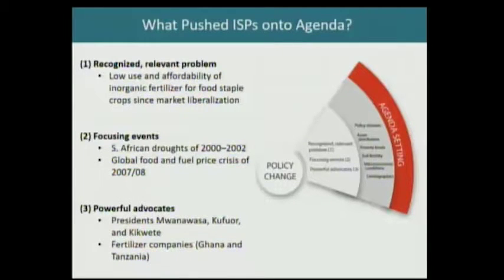Now, you often have these two factors in a lot of countries. What really seemed to be the third element here was powerful advocates. That's the third element of our agenda-setting slice of the Kaleidoscope Model. And here you had the presidents in these three countries, particularly in Zambia and Ghana. The presidents were big advocates, putting these on the agenda seemingly out of nowhere, seeing fertilizer subsidies as an important answer to the various crises that they were facing. And then in Ghana and Tanzania, you also saw a big constituency of fertilizer companies seeing that subsidies would help to address